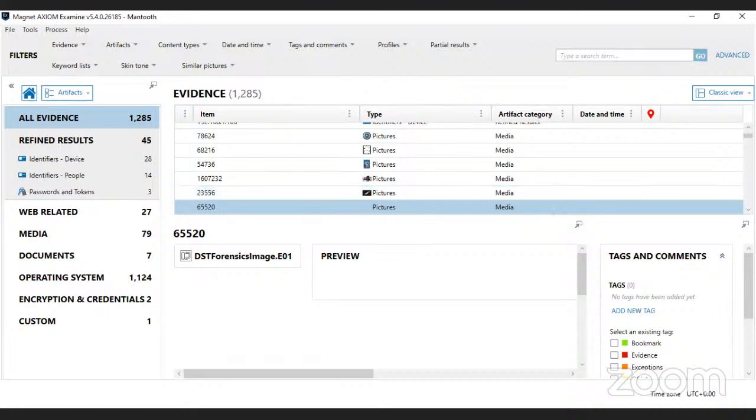Okay, once you launch Magnet Axiom, you can get these top categories. If you want to acquire data from cloud, you have this option. If you want to acquire data from mobile, you have this option. If you have a computer only,